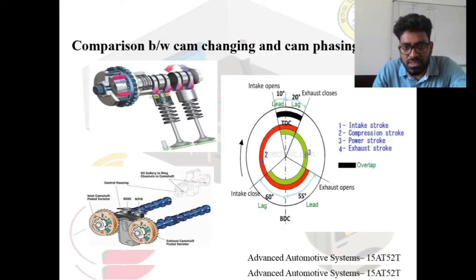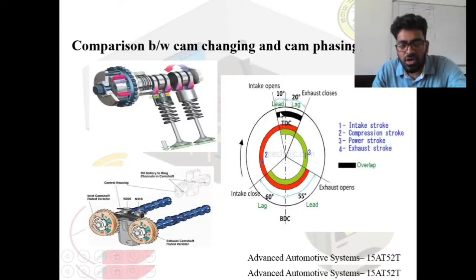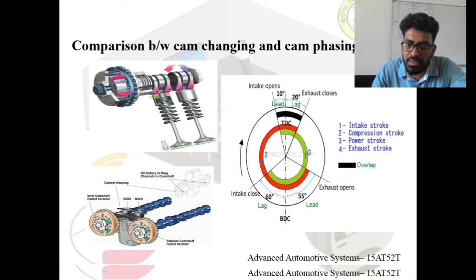While the intake opens earlier and the exhaust closes later, some amount of residual gases, meaning exhaust gases, will mix with fresh air in the next cycle. So the EGR effect, meaning exhaust gas recirculation, will be done by providing more overlapping period, so that NOx emission can be reduced. How emission can be reduced, you will be learning in the next coming classes.